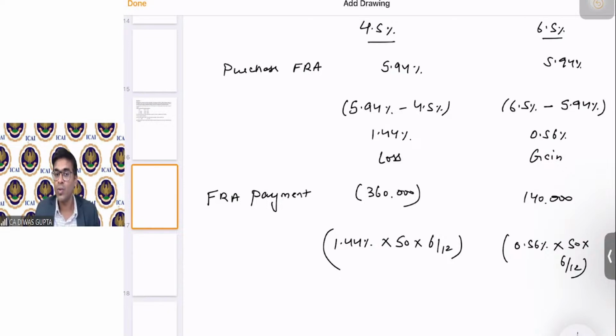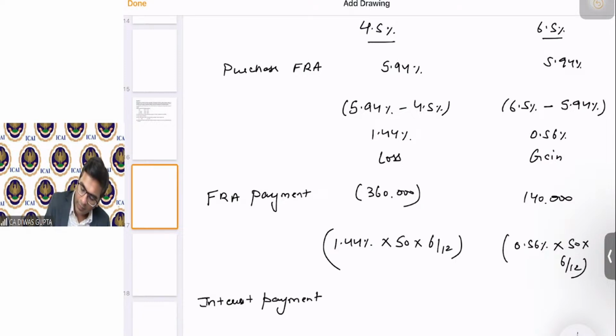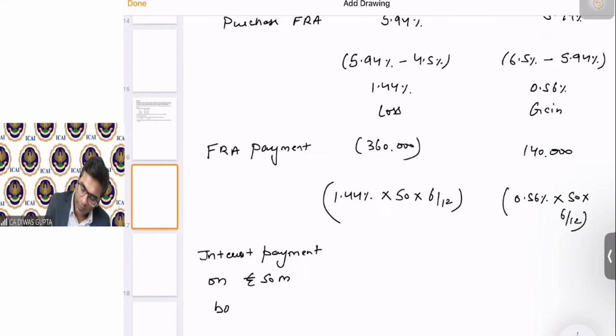And this is a gain. So I have not included it on the negative side. Okay. Then finally the interest payment on euro 50 million borrowings